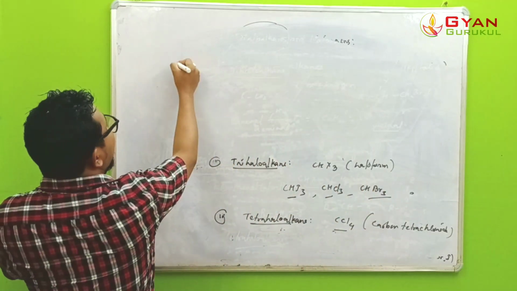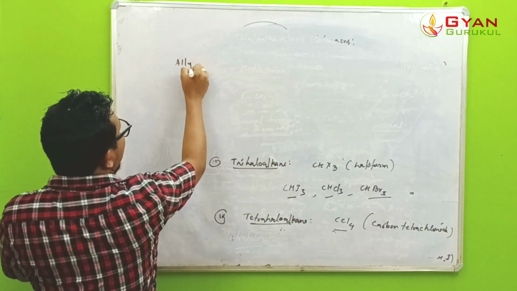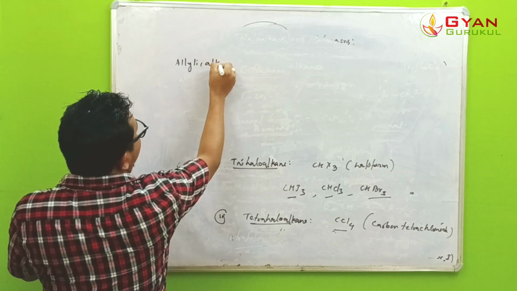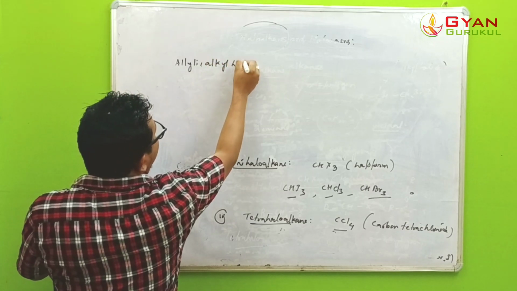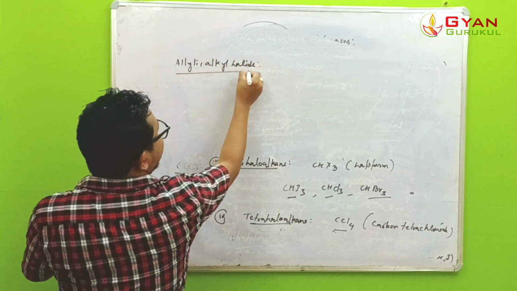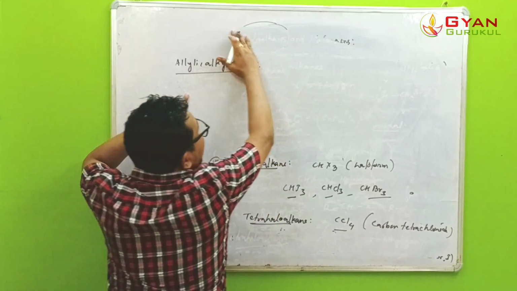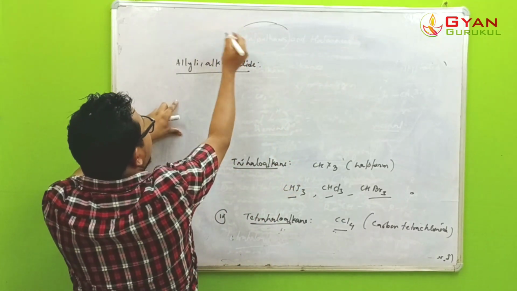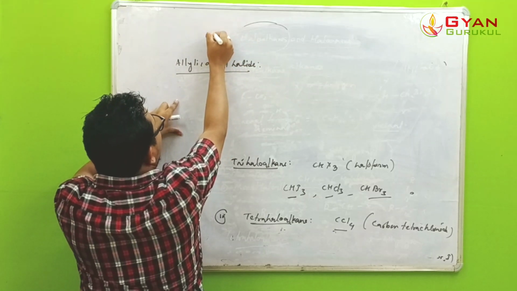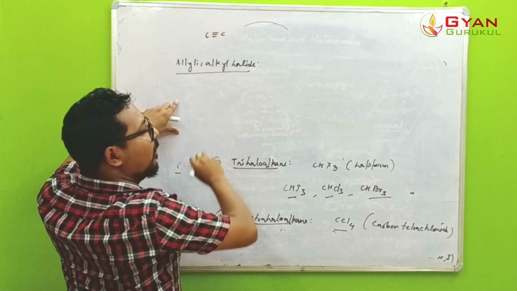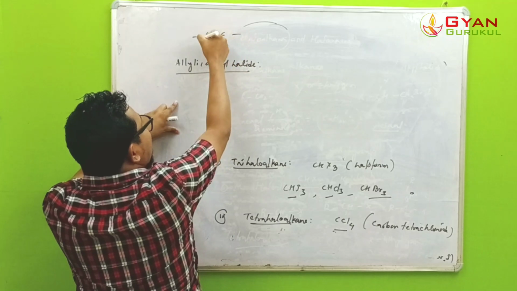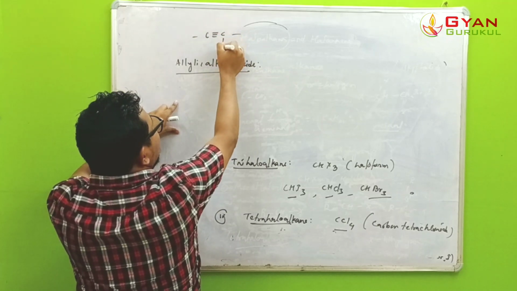Next, allylic alkyl halide. What is allylic? You see, in a compound containing a carbon-carbon triple bond, the carbon-carbon triple bonded carbon's